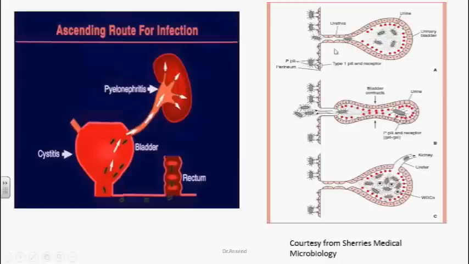Whenever they are introduced into the urethral areas, they attach to the epithelium with the help of type 1 pili, and they can attach to the epithelium with the help of P pili even. The organisms which have P pili, the red dots here, and the black lines represent type 1 pili. This P pili can bind to galactose disaccharide receptors, which are normally seen on the urinary tract epithelium, majorly in human beings.